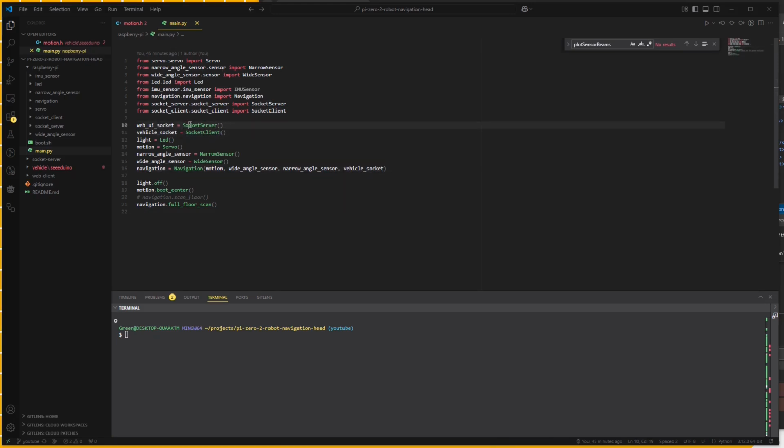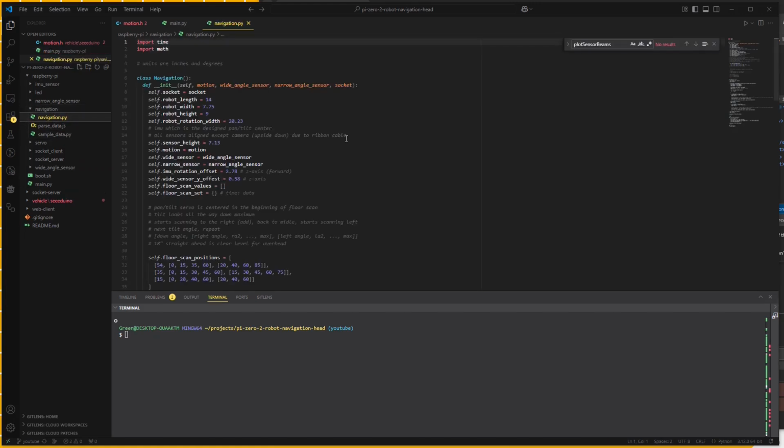That's another change. It's like socket server versus socket client. So socket server, the Raspberry Pi runs its own socket, a server, which is what the web interface connects to, and then the Raspberry Pi connects to the ESP socket, which is how it steers itself, like the car. Motion is the servos of the Raspberry Pi, like the pan tilt. Yeah, vehicle socket. I think I'll call this wheels or something at some point. But yeah, and if we look at navigation,